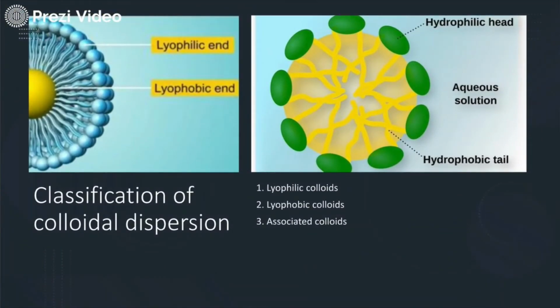So, my dear students, the classification of colloidal dispersions can be simply into three types: lyophilic, lyophobic, and associated colloids. Lyophilic, as I have told, is solvent loving. Lyophobic is solvent hating, and associated colloid simply refers to micelles, the critical micelle concentration that we have studied in detergents. At a certain point, your dispersed phase gets converted into micelles, and this is at the critical micelle concentration, also referred to as the CMC.